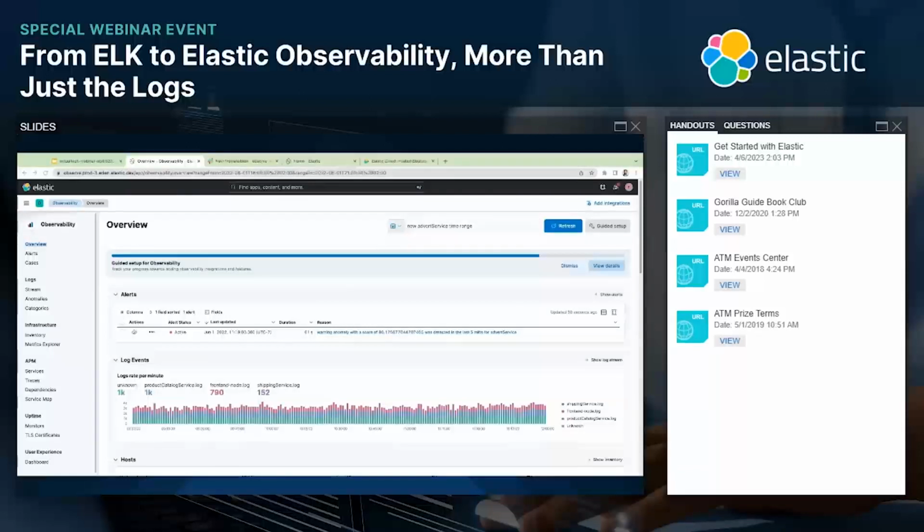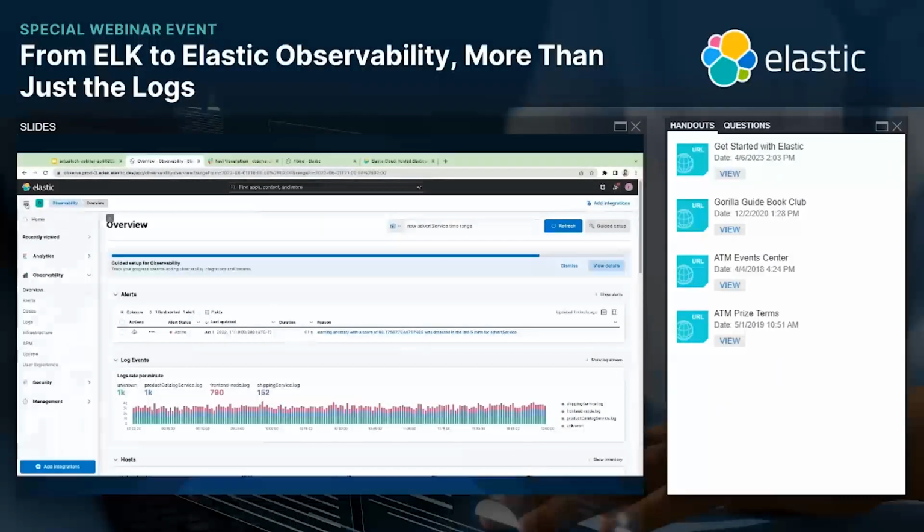So I'm going to show a quick demo of Elastic Observability solution. So I have logged into Elastic user interface. Let me give you a quick orientation. On the left hand side menu, I have the access to the dashboarding and be able to create machine learning jobs, things like that, access to observability, security, and also the management aspect. So this is where I would do all that.